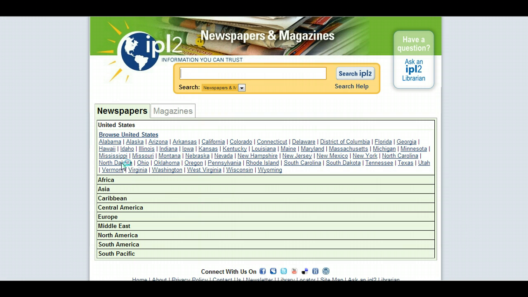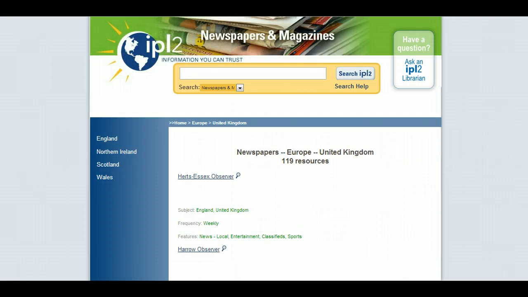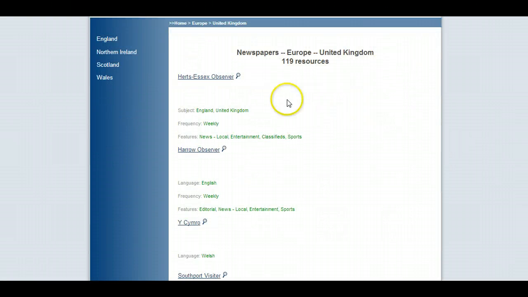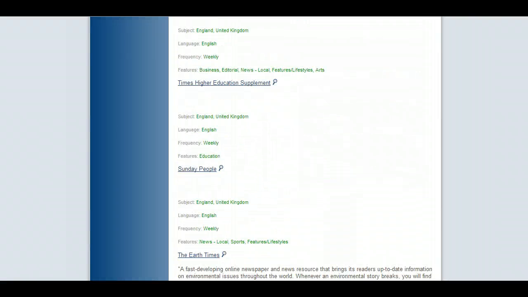What I'm going to do is walk you through a way to search for two different articles on the same event. Obviously, I'm going to target countries that speak English more than any other language. So I'm going to go to Europe, and I'm going to go to the United Kingdom because I know they speak English. Another thing I'm going to look for is whether the feature is international. You obviously want to look at a newspaper that is international if you're going to be looking at international events. So I'm just going to scroll down here with my eye on features,